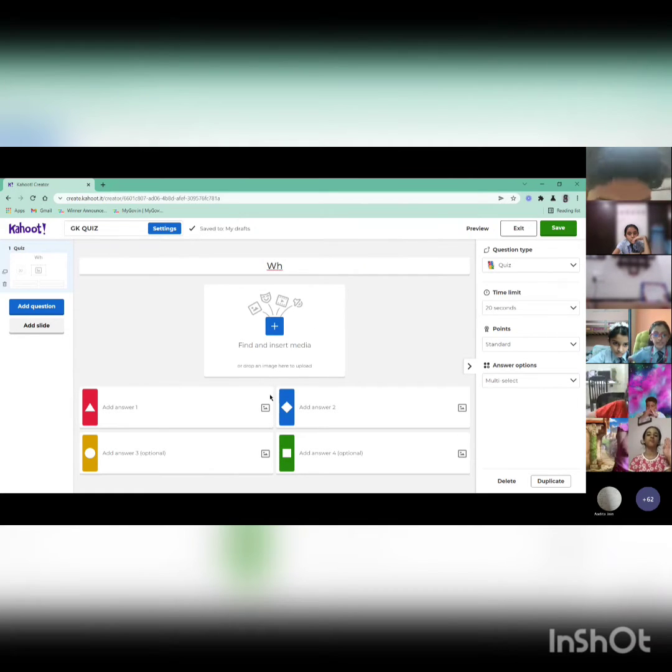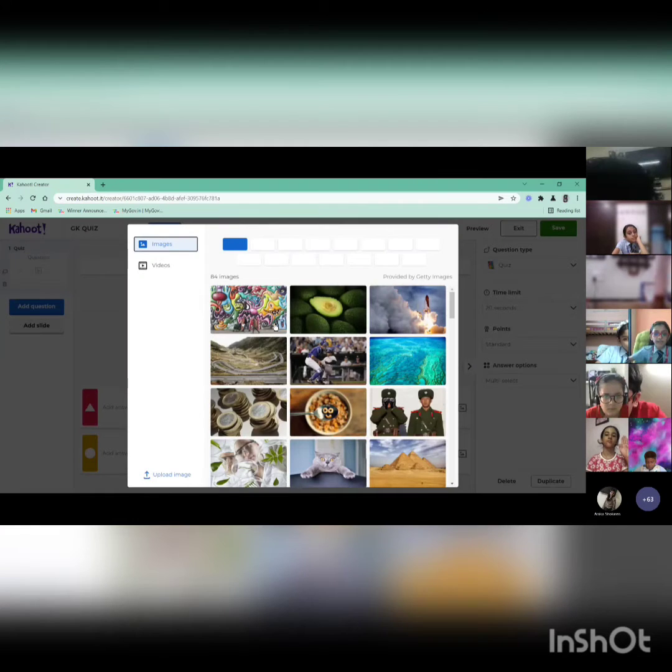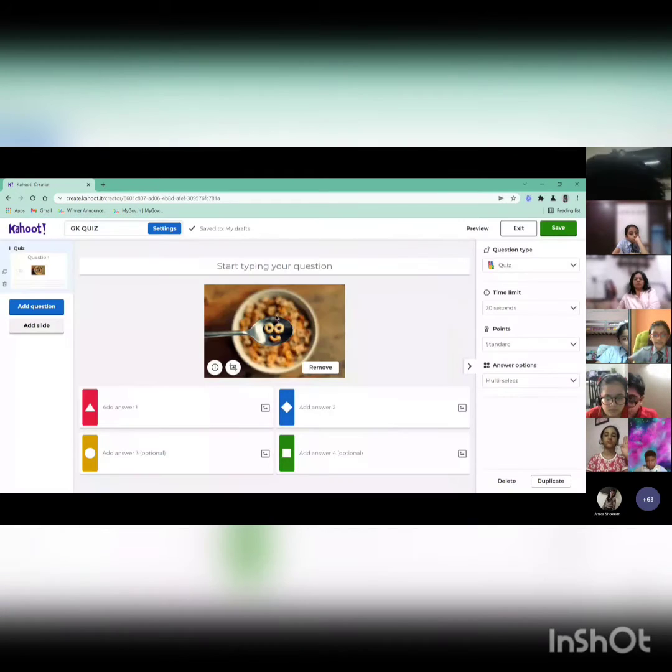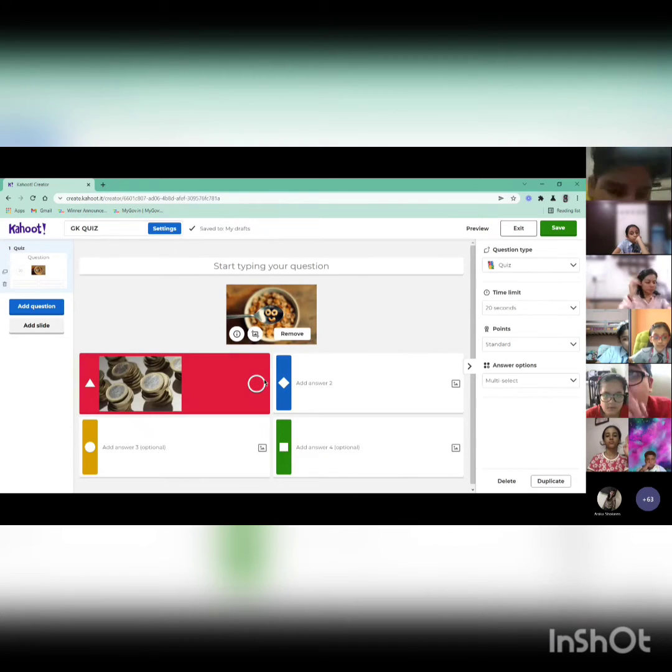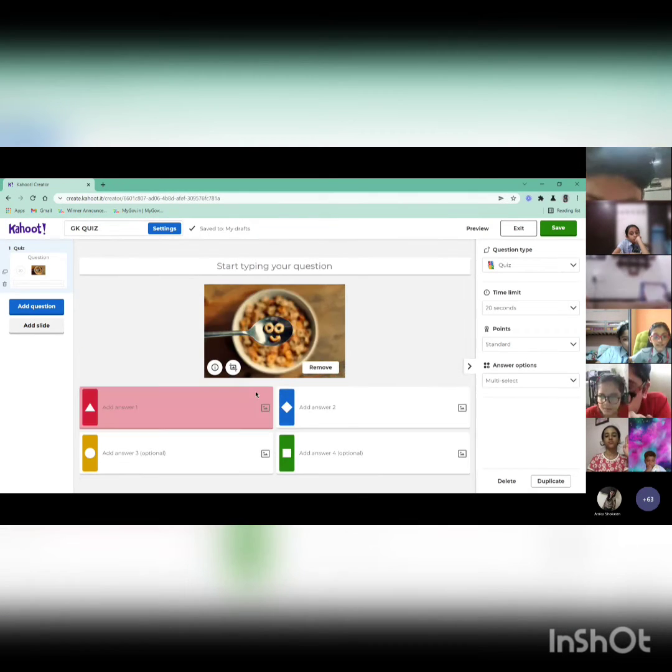Before that, let me tell you that when you're adding an image for the question, you can also add images for the answers. For example, just add any random image here. And if, instead of text in the answer options, you want to keep an image, we will click on this image, and it will show add images on answer alternative.